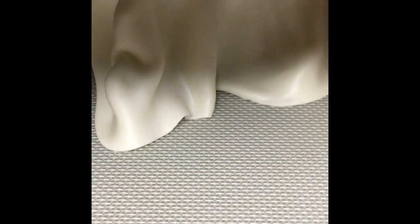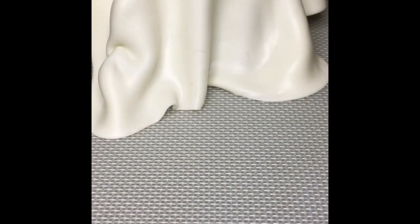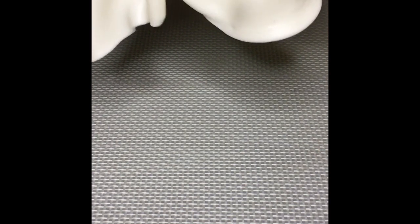Okay, so right now I am just getting my fondant as thin as I can to drape over my candy apple. Okay, so I got my fondant really thin, and I am going to get my chocolate candy apple and just drape the fondant over the candy apple stick. Okay, so you just let the fondant fall down. You're going to press down